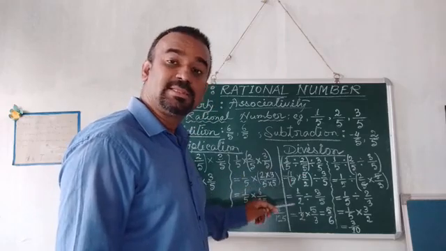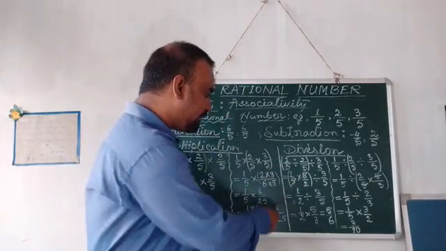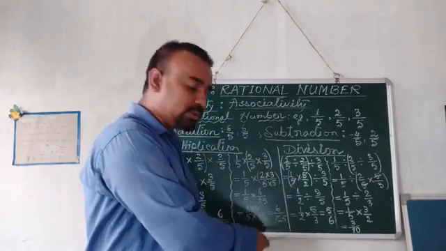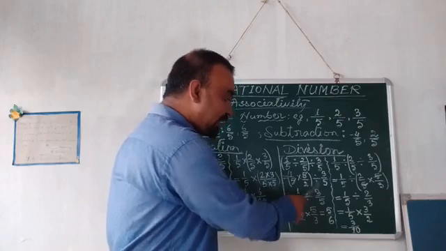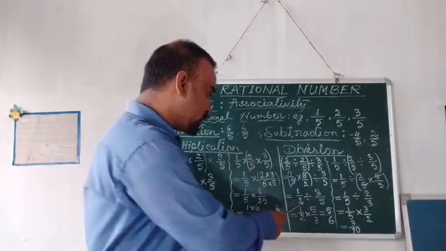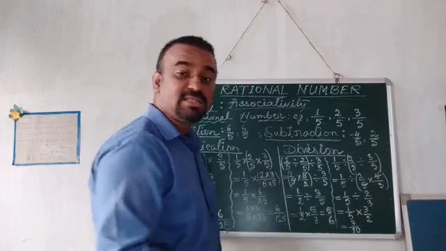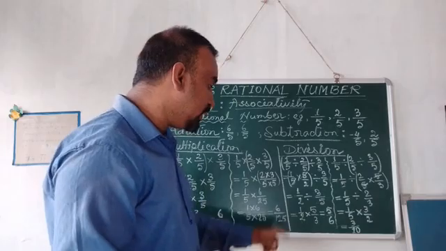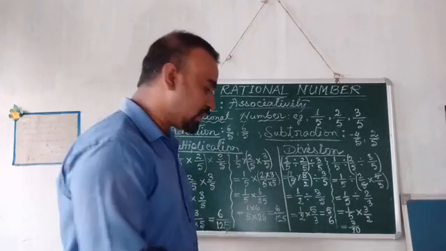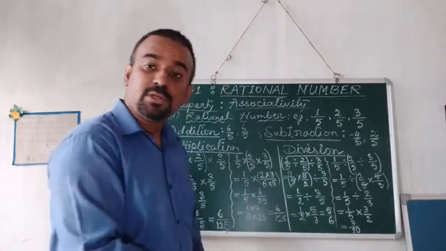So we can cancel them. When we cancel 5 and 5, what is left is 1 and 2, that is 1 by 2, divided by 3 by 5. Again, when 1 by 2 is there, the divide symbol is in the middle. When divide changes to multiplication, the number also gets reciprocated. So divide to multiply, 5 on top, 3 comes on bottom.